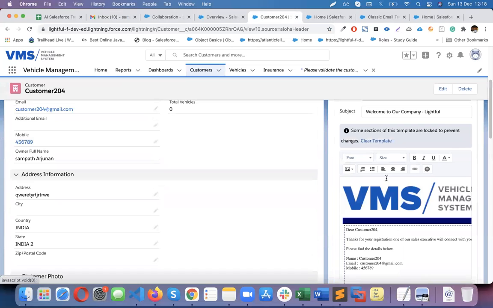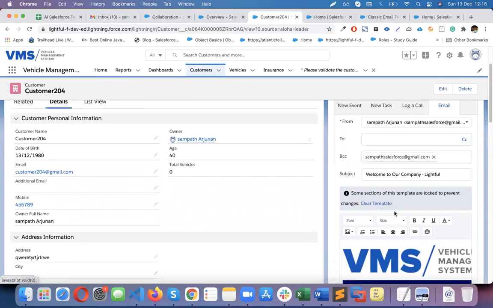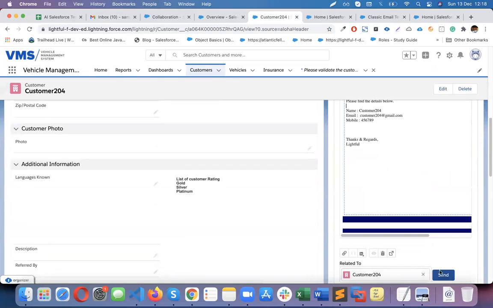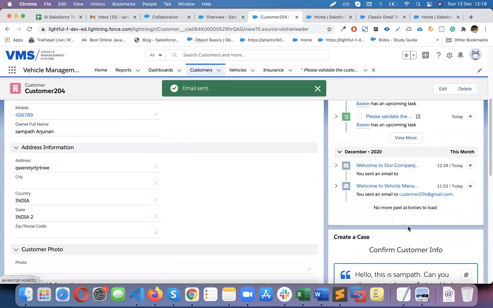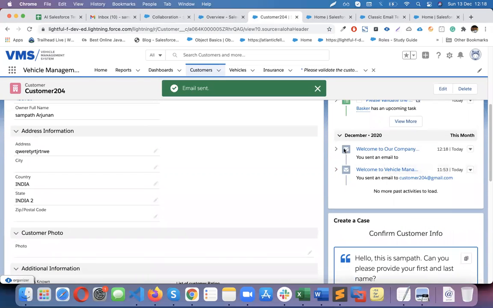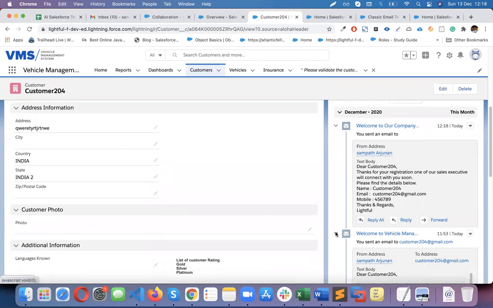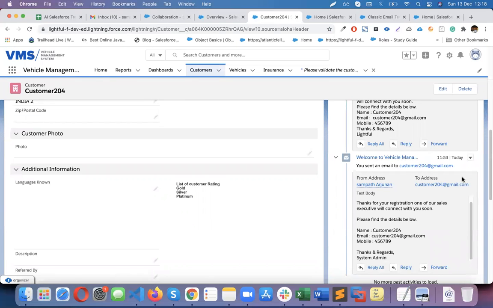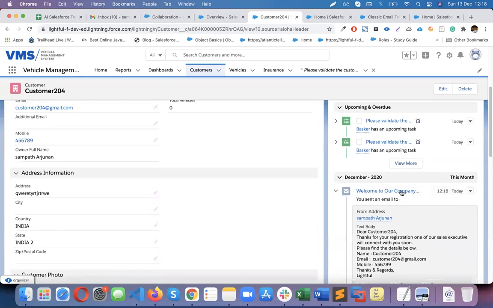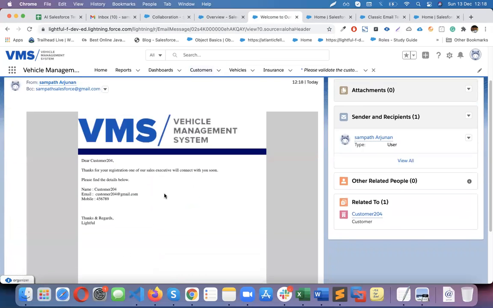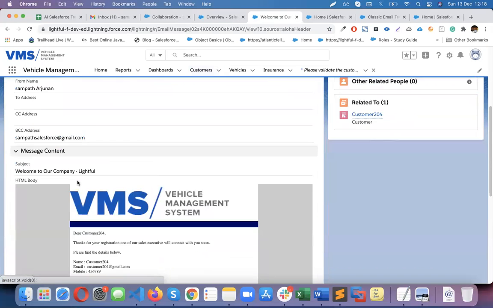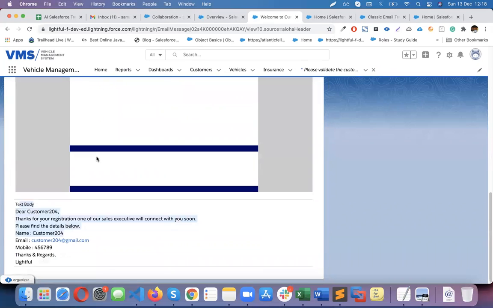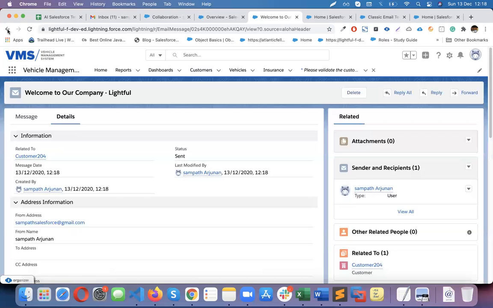Now it will eliminate the time, right? So it will eliminate the typing time basically. So simply, if you want to modify, you can modify or directly send. Yeah, so this is the first one. But here the text format will display, not the real template, until you open it. This is the text body and this is the original HTML body.